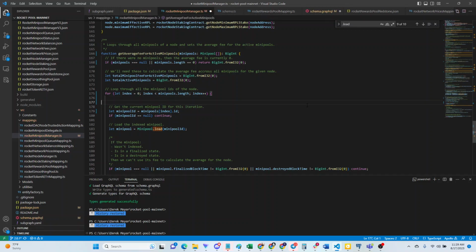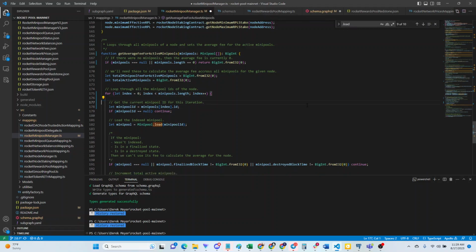If you're looping through 30 entities, that's not as bad. But once you start looping through thousands of entities, or in Rocket Pool's case, we're loading one for each minipool, so they're probably up to like 10,000 minipools or so, and looping through all of that information is a little bit rough,